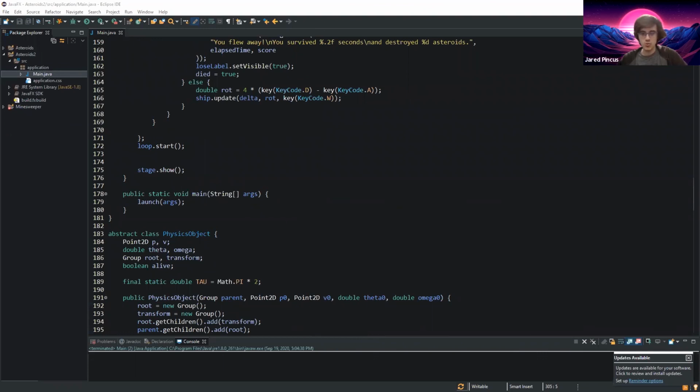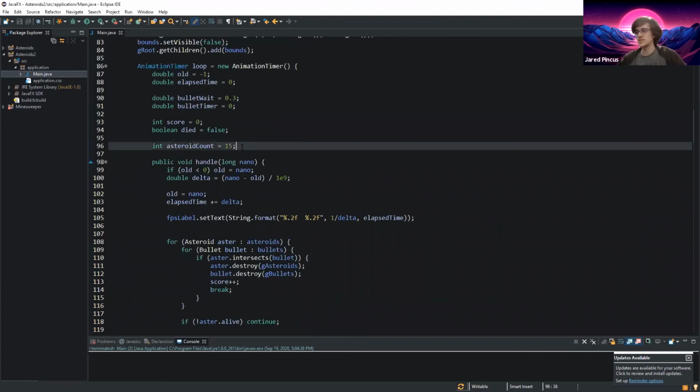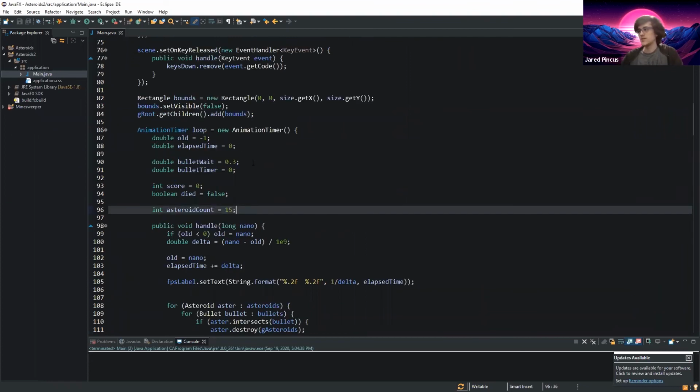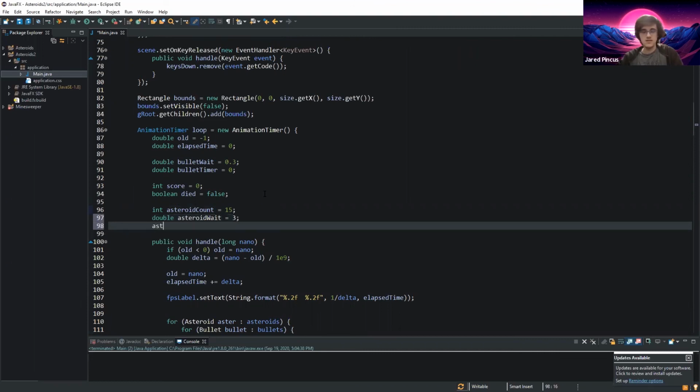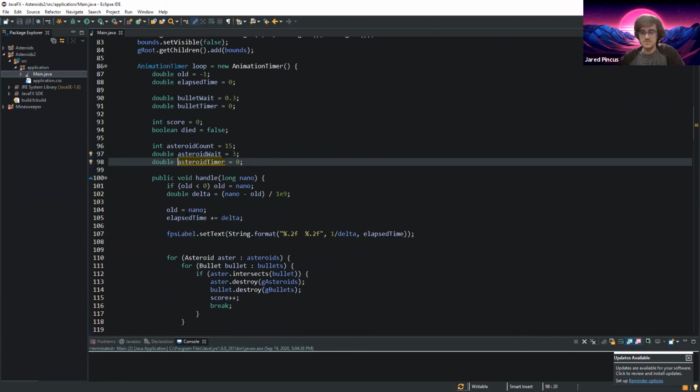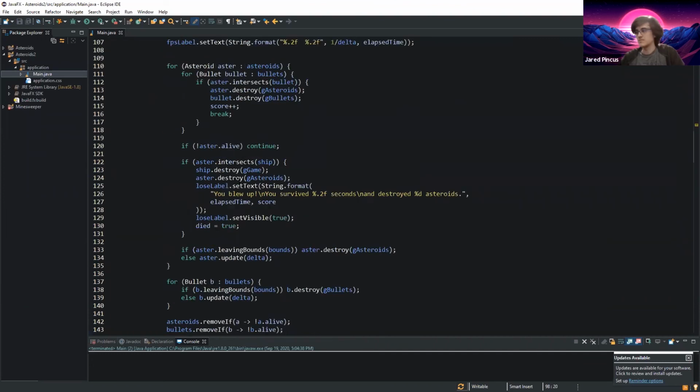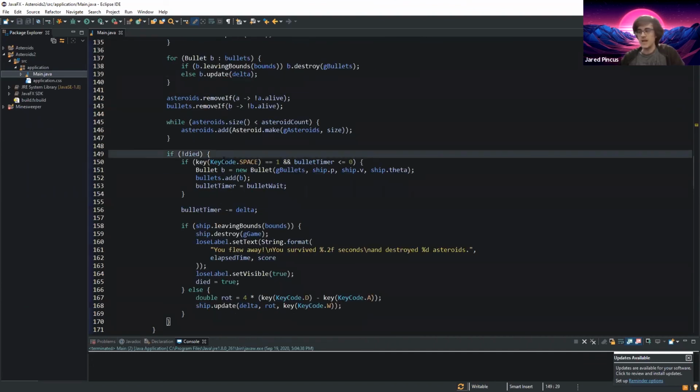There's 2 more really quick things that I want to add. First is I want to add more asteroids over time to make the game harder. So I'm going to add, along with the asteroid count, a timer. So asteroid weight equals 3. Asteroid timer equals 0. And we're going to do a similar thing that we did with that too. If we haven't died yet,